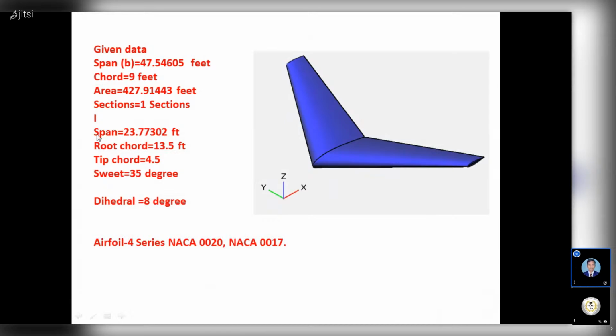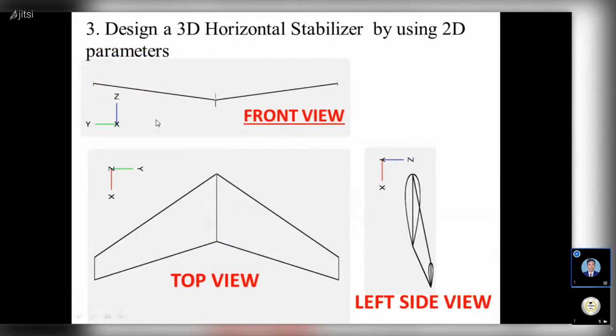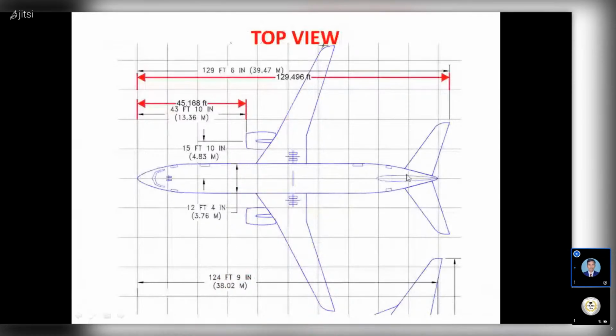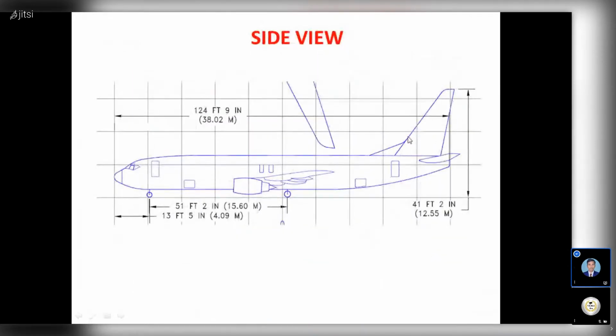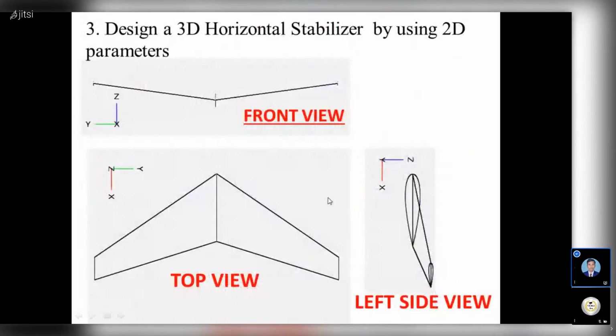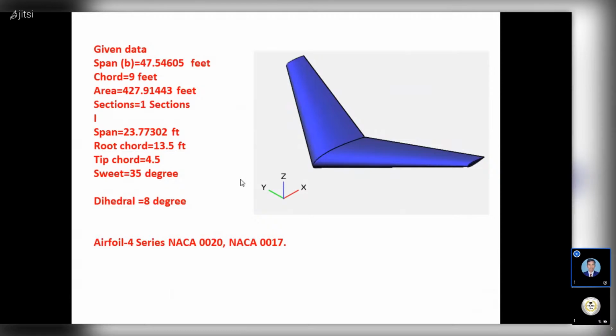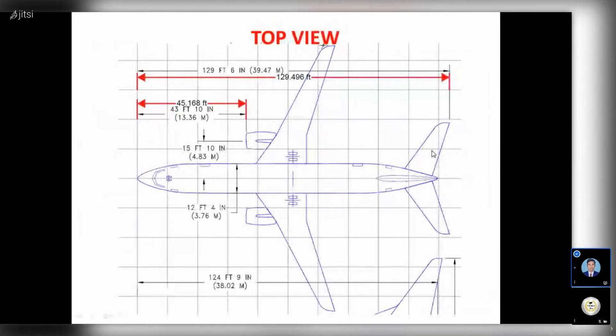So that's why for that complete one section, span also I have mentioned, root chord, tip chord, sweep angle and dihedral angle. So we have to use all this data. Okay, which is not mentioned here, but I have mentioned in this case clearly. Okay, so now we have to use this data and we have to complete our horizontal stabilizer, and after this we'll jump to